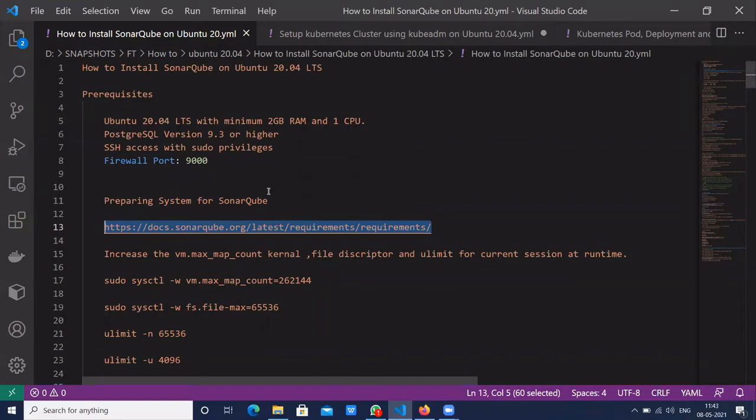Today we are going to cover how to install SonarQube on Ubuntu 20.04 Linux OS. Before installing SonarQube, let's understand the prerequisites. Here we need an Ubuntu 20.04 LTS with minimal installation, and also a minimum of 2 GB RAM and 1 CPU